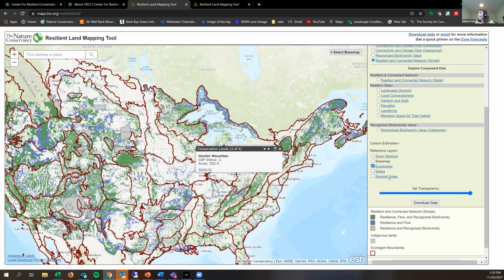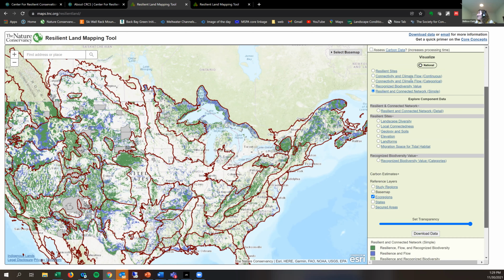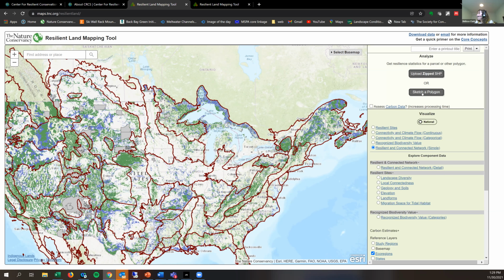So right now I've just really walked you through the various layers on the tool. But the coolest part of this is it's not just a map application where you can view the layers. It actually has the ability to do analysis for you. So one of the great things is that if you go up here, you can either sketch a polygon or upload a zip shapefile. And this resilient land mapping tool, for your parcel or area, will calculate a whole bunch of different statistics for you. And we really see the main purpose of this is